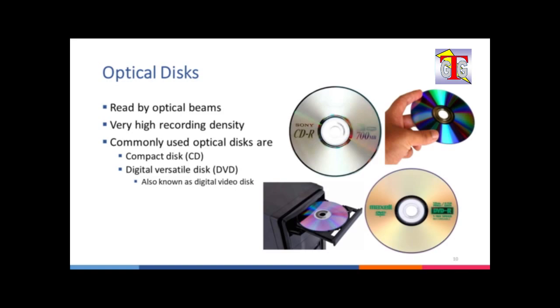However, the technology did not appear in the marketplace until Philips and Sony came out with the optical disc, that is CD, in 1982. Since then, there has been a constant succession of optical disc formats, first in the CD formats and followed by a number of digital versatile disc, that is DVD, formats. DVDs are also known as digital video discs.